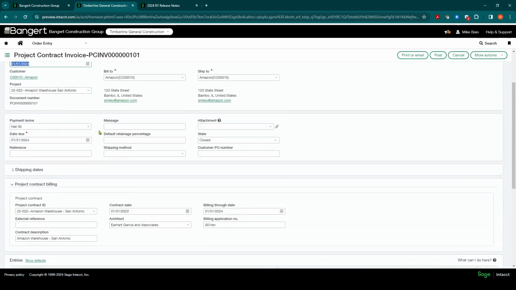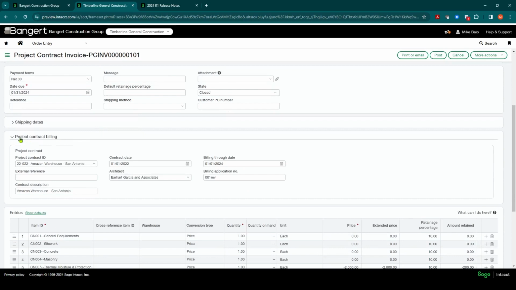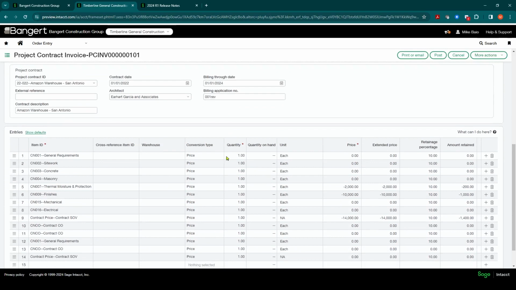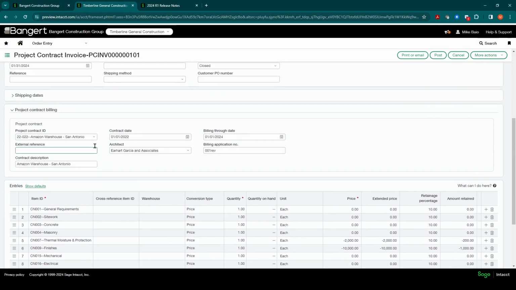And down here near the bottom, you're going to see a section that says project contract billing. This is where you can get some additional fields to show up inside your invoice, which can make it helpful if someone's taking a look at, wants to see what they billed previously, things of that nature. So right now you don't see any of those fields in there. You just see a pretty generic looking screen here with some information on it. And you don't see any change order information as well.